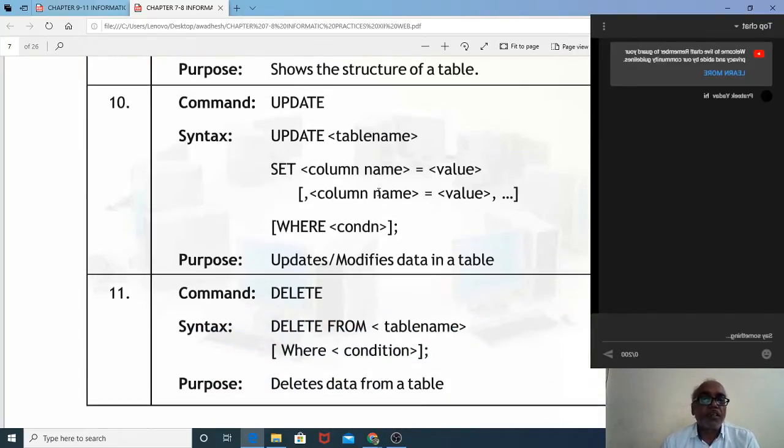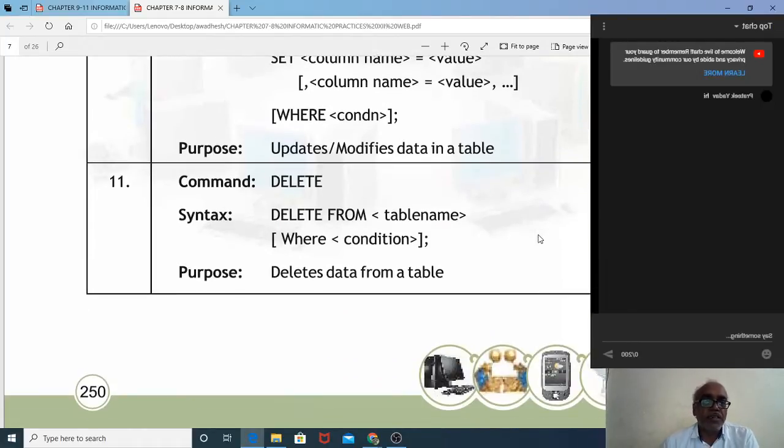All right. Then we have the UPDATE command. The UPDATE command is used to change the value of a particular column or for a particular person. So UPDATE T1 SET column_name equal to value, comma, column_name equal to value. Suppose you want to change the marks and name of roll number 1, then you'll have to write UPDATE T1 SET marks equal to 40, comma, name equal to 'Ramesh', in inverted commas because it is a string. So for that particular roll number, clear? You have to write the WHERE condition, otherwise it will update the whole table with that value. Okay, so the WHERE condition comes here.